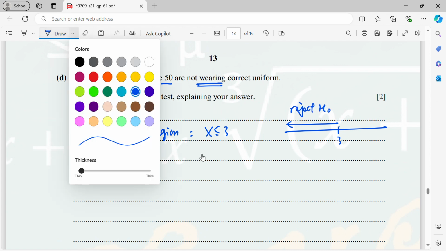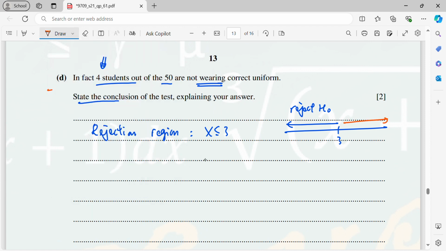Which means if it is greater than 3, we do not reject H0. So from here we can find out the decision of your test, because you need to state the conclusion. So you just write, since 4 is outside